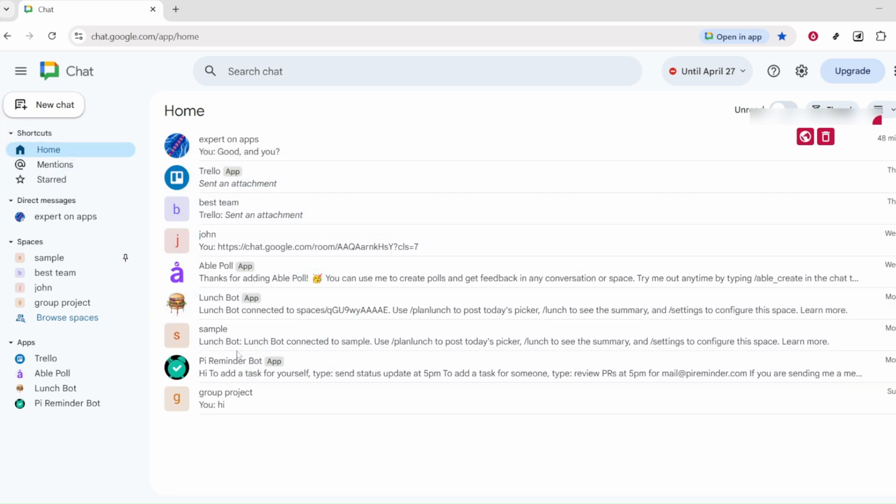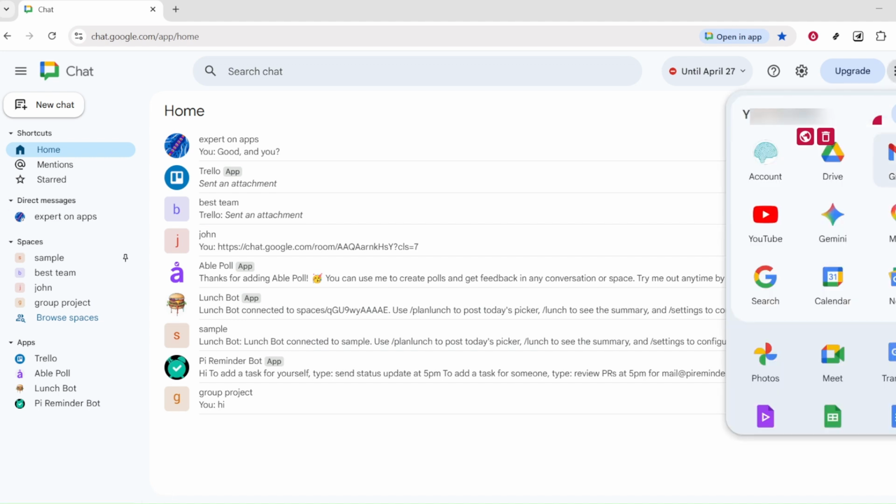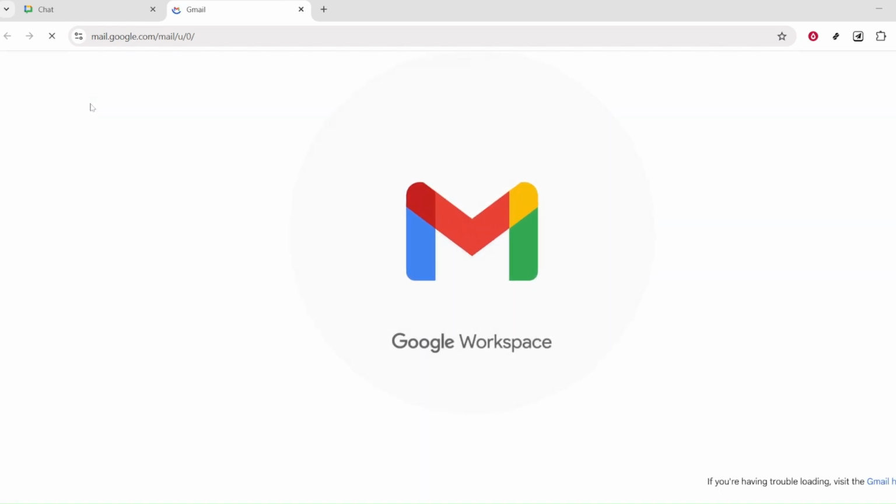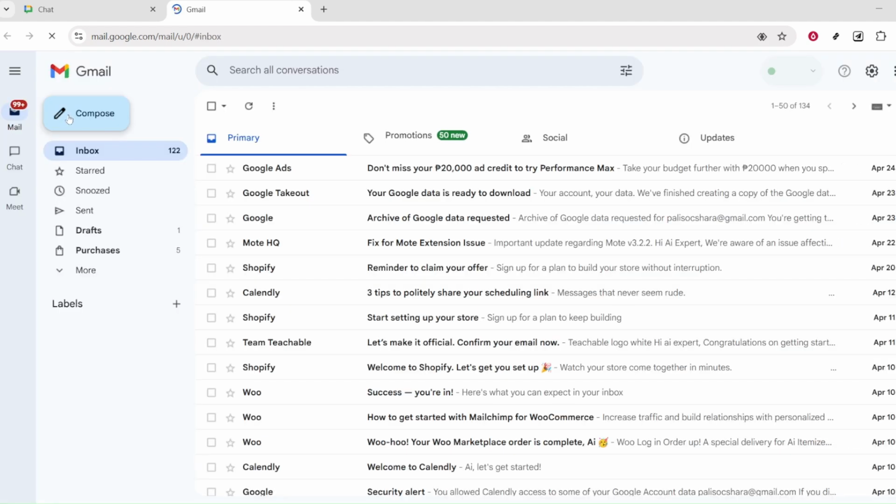Now, take a look at the left sidebar. This is the vertical panel that lists your inbox, starred messages, and other sections. If the panel looks narrow or hidden, move your cursor toward the left edge, or click the small toggle to expand it so you can see all the labels clearly. The sidebar is where Google groups your communication tools, making it easy to switch between email and chat without leaving